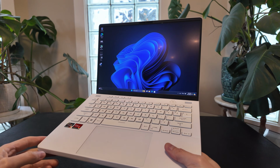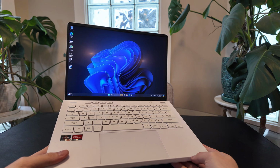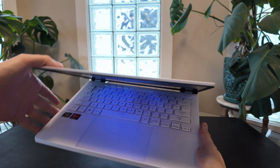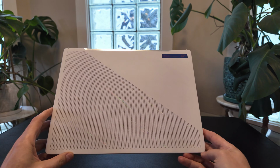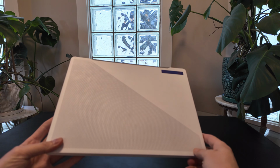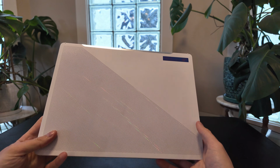This thing sings and performs admirably in 2024. You're not going to get this and say, oh, I'm compromising on this laptop, or, I got this laptop because it was cheaper and it performs okay for the price. No, this is a nice laptop. Awesome laptop. I think this one may potentially get my seal of approval for this older laptop from a couple years ago. It's still super awesome in 2024. Is that a word I can give it? Because I think the 2022 Zephyrus G14 with that 6800S and that QHD screen is an absolute winner in 2024, and I think it should be on your consideration